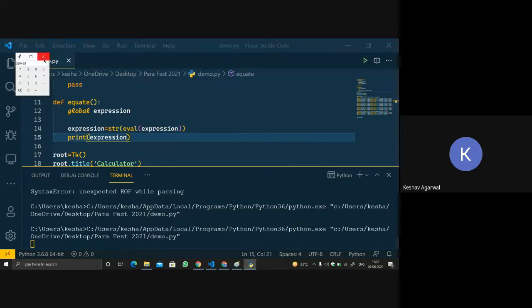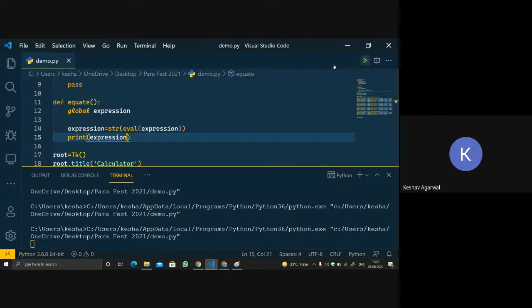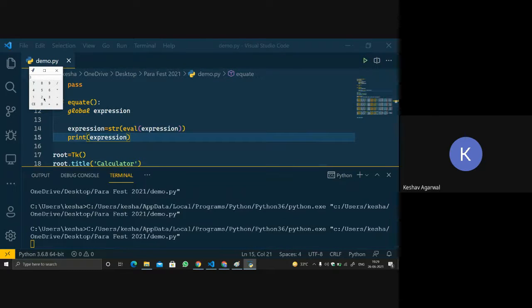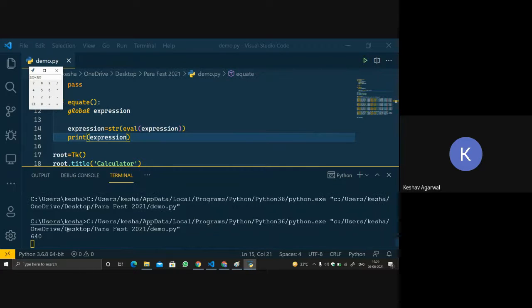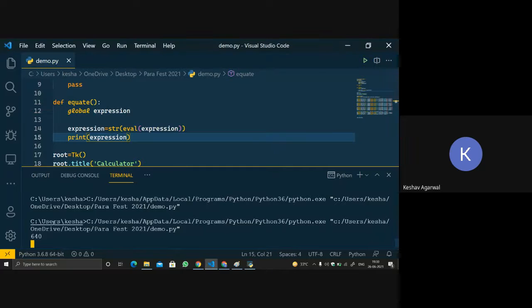Let's run the code again. So 320 plus 320 equals 640. See, it calculated the answer and gave us an answer.